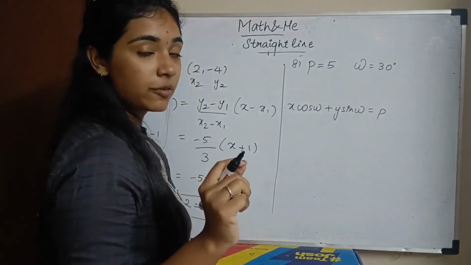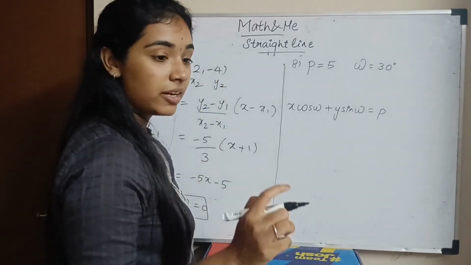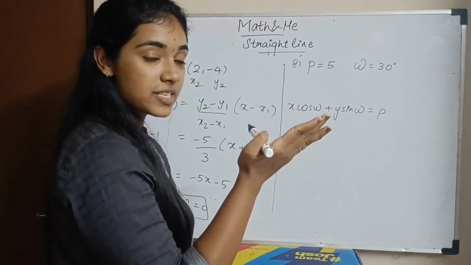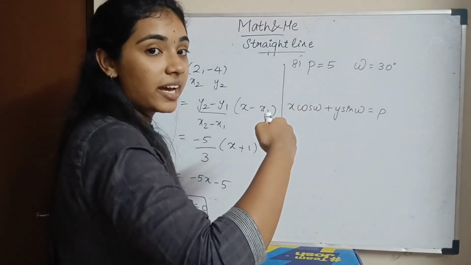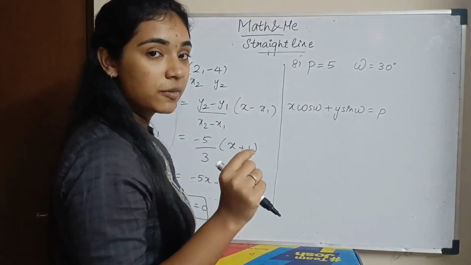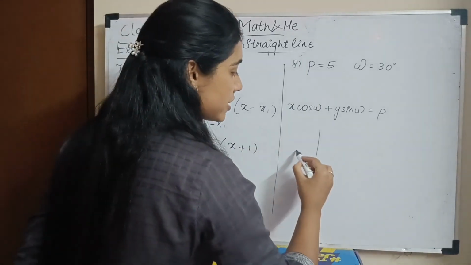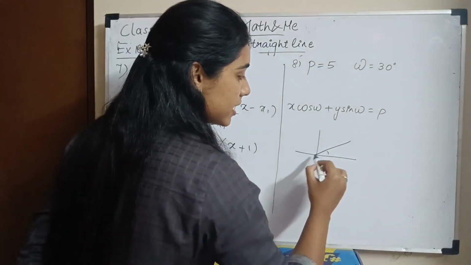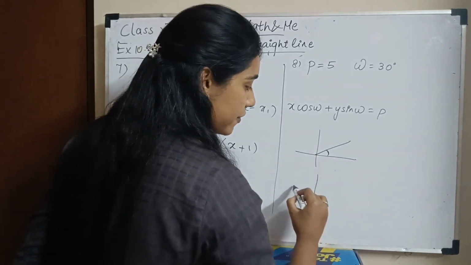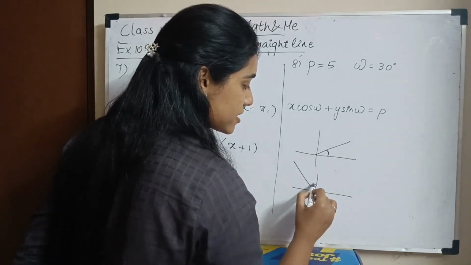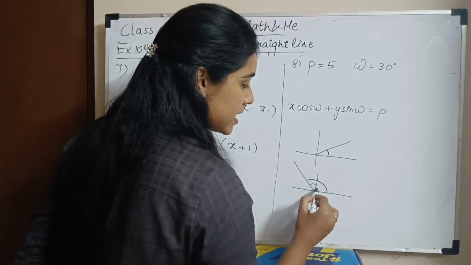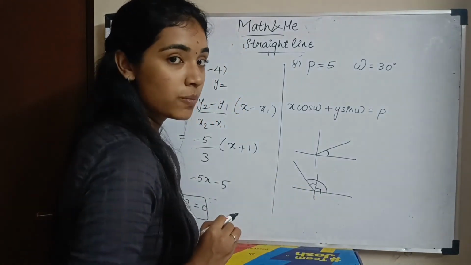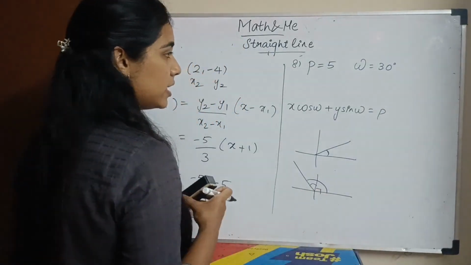Please be very careful if they have given the angle that is made from the x-axis or if it's from the 90 degree line, from the y-axis. So be very careful when you're reading the question. So if it is from the x-axis, this is 30 degree. If it is from the y-axis, that is 30 degree, then the whole angle is 90 plus 30 degree. So don't miss this, okay? It is very important. Read the question.